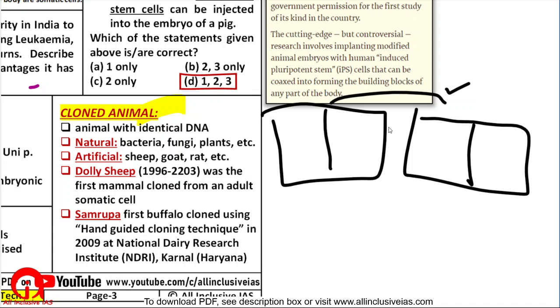Automatically there may be a slight change in the genes that you cannot control, but otherwise, theoretically, you are creating the exact copy of a person, that is a clone. So cloned animals have identical DNA as the original animal. In nature it happens automatically in bacteria, fungi and some plants, but in animals like sheep, goat, rat, it does